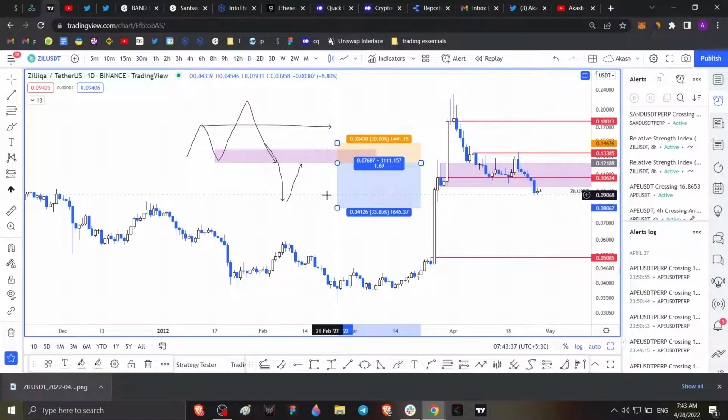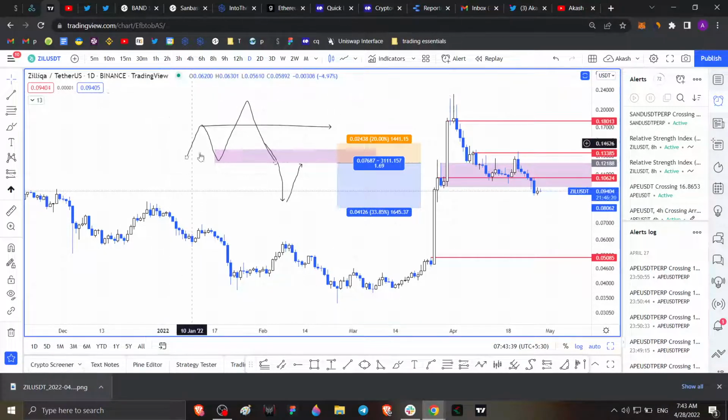Right? This is pretty much it. This is how a breaker works. You have a high and then you have a higher high, which is obviously a market structure break, and then you find demand zone between these two highs, and then you wait for the price to break it. So once it's broken, it is a potential breaker, right? And then you wait for the price to retest it. That's when it becomes an actual breaker, and that's where you short it,